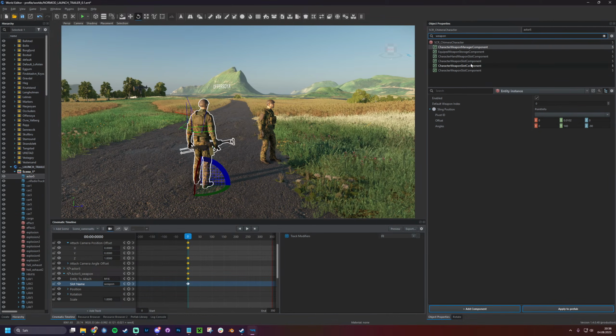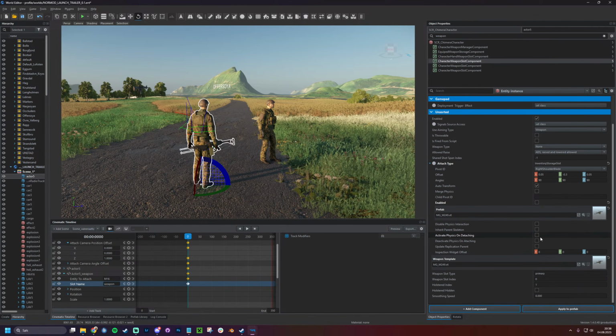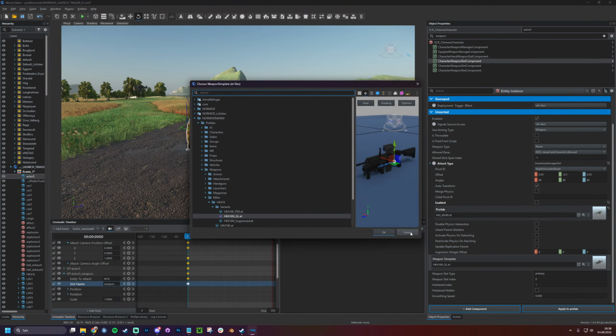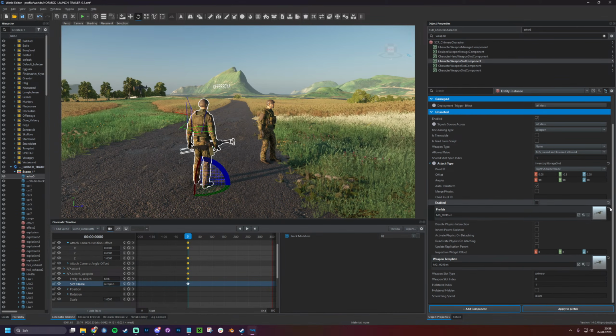Weapon. How do I just disable him having any weapon without messing up the